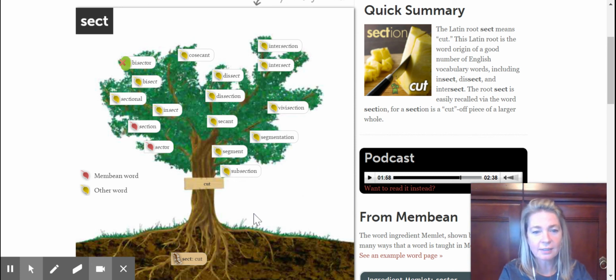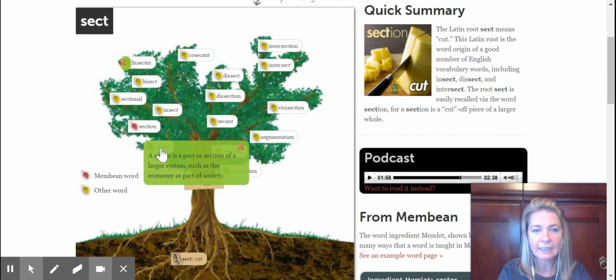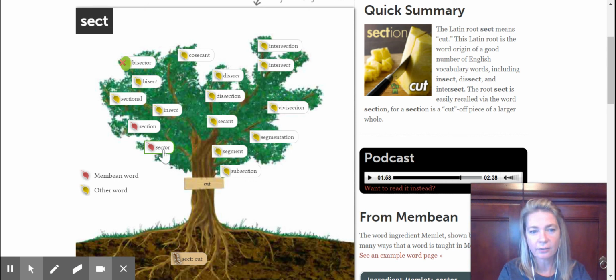So here's the root, the base of the word, sect, meaning cut. And then it has the definition on the trunk of the tree. This is a word tree, right? And then if you click on any of the leaves of the tree, you can see the meaning of the word. So if you click on sector,